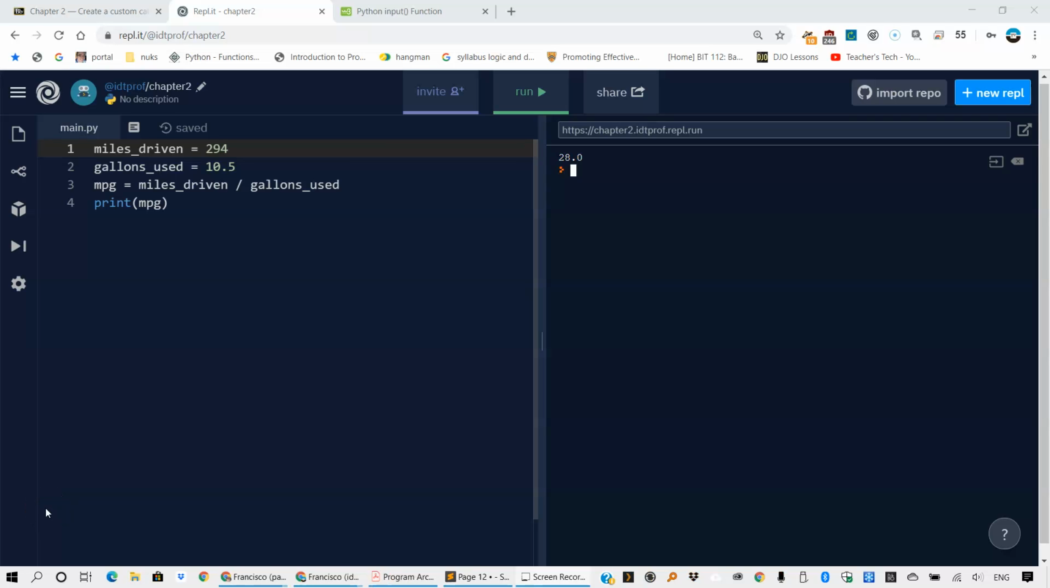Before you can move on to the exercise for this chapter, or exercises rather, I need to explain something that I skipped in the presentation that you just watched, hopefully. And that is that there is a function called input that we need to use in order to get interaction from the user. Currently, we've only told the computer what the value of the miles driven and gallons used, for